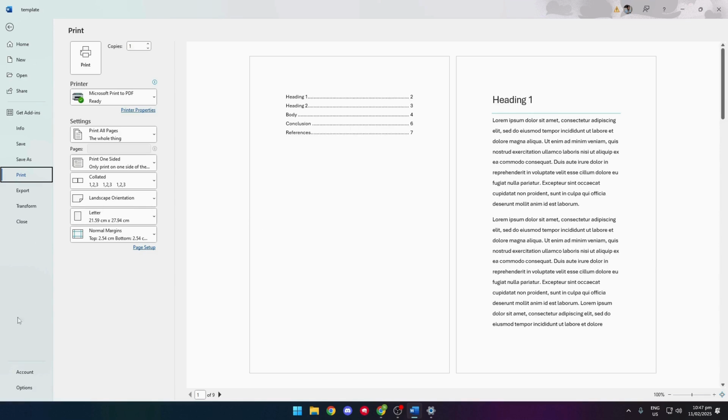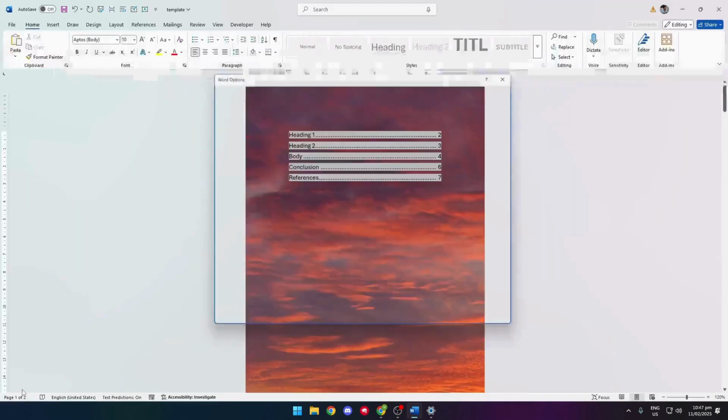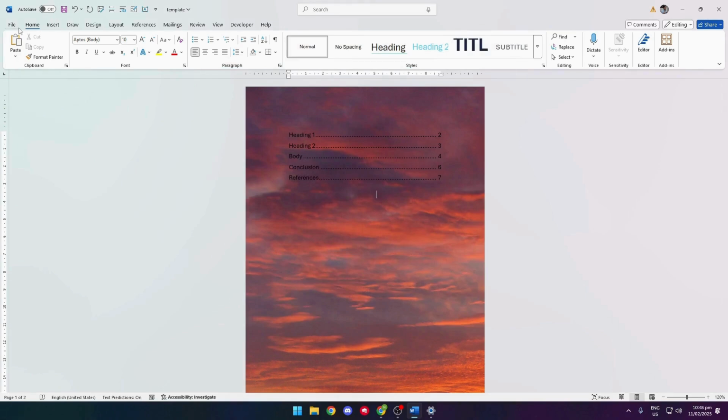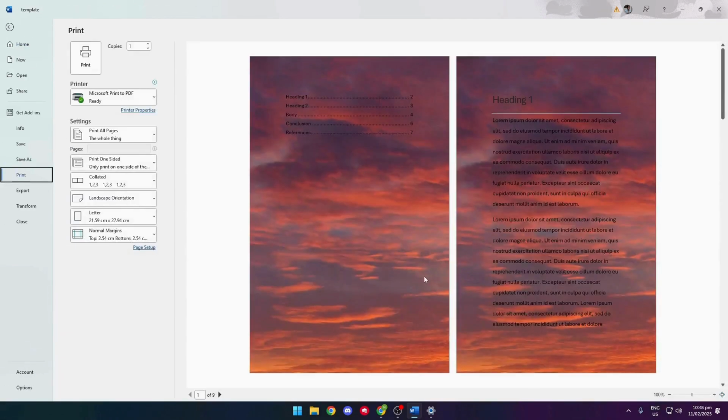So what we can do is go over to the Options tab, click on Display, and make sure that you have checked this box right here, Print Background Colors and Images. And if you go into the print preview again, you'll see that you can now see and print the background